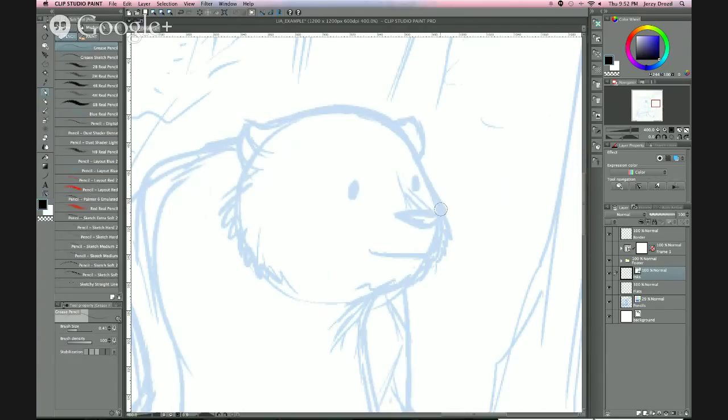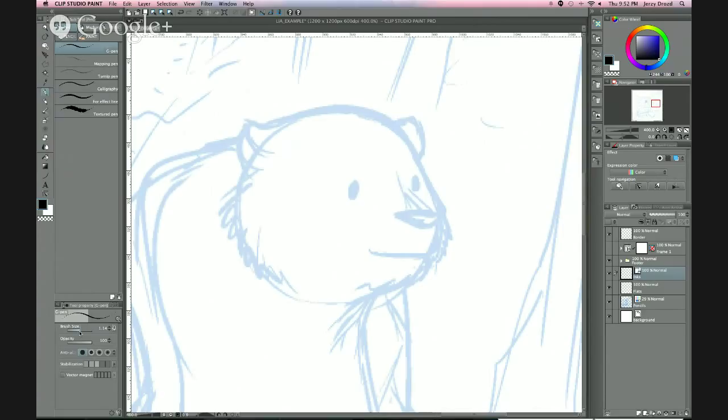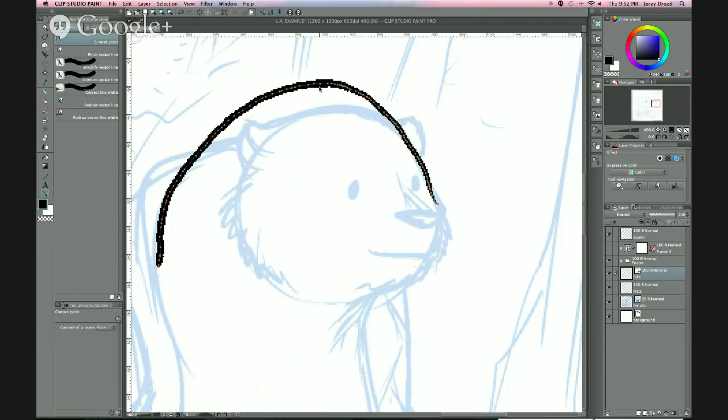But I'll show you a practical use for this. Let's say for a second, I'm going to grab just the pen tool. And let's say I'm inking Boulder here. And this will be interesting because of the lag, right? So it's like, oh no, I got that curve all wrong. Well, I guess it's time to hit undo and redraw the line, right? And I hope this doesn't sound too infomercially, but I was wondering if I should play the other infomercial guy. Oh no, Jersey, you have to redraw the line. Oh no. Not so, Nancy. But I can actually go in and adjust the curvature of these lines after the fact,